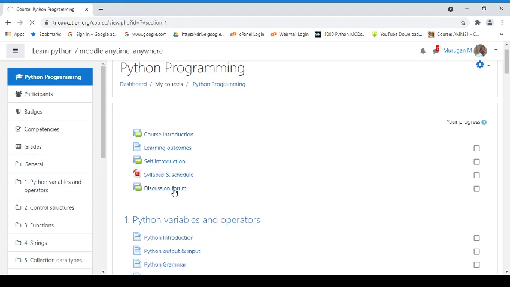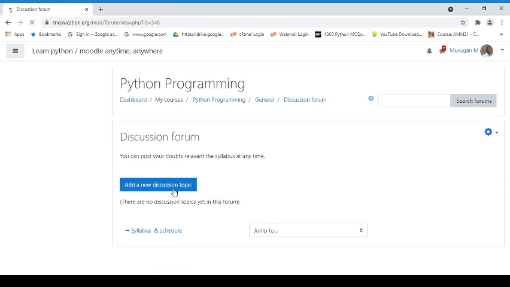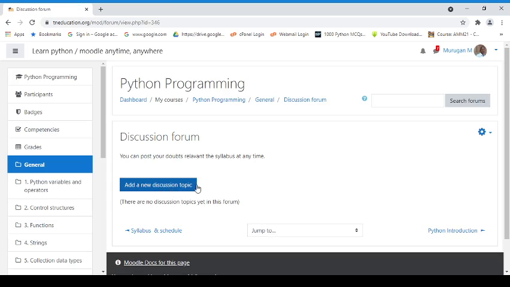Round the clock, at any time you can post the doubt. The teacher will clarify the doubts. If I click on add a new discussion topic, you have to post the doubt.